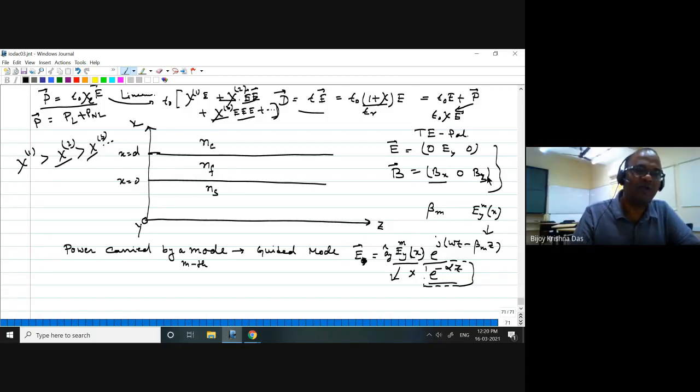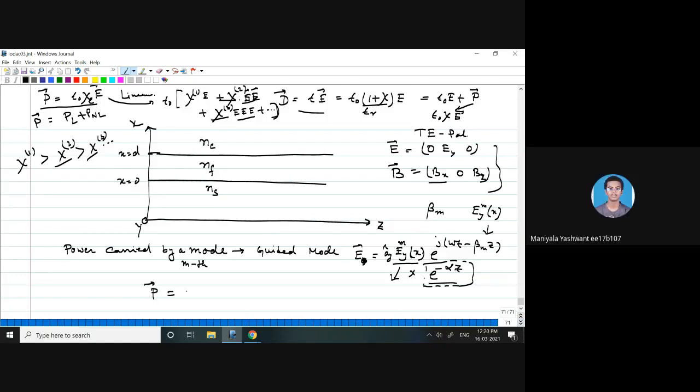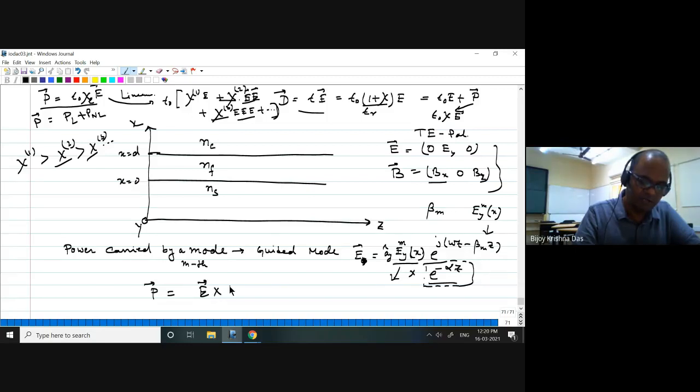The Poynting theorem comes from energy conservation. Any electromagnetic wave propagating in a material medium, you have to see energy conservation: how much power is coming in, how much power is dissipated into the material, and how much power is diverging out of that medium. Just from that energy conservation point of view, the power flow per unit area at any point is expressed by half the real part of E cross H. Normally they are E cross H, right?